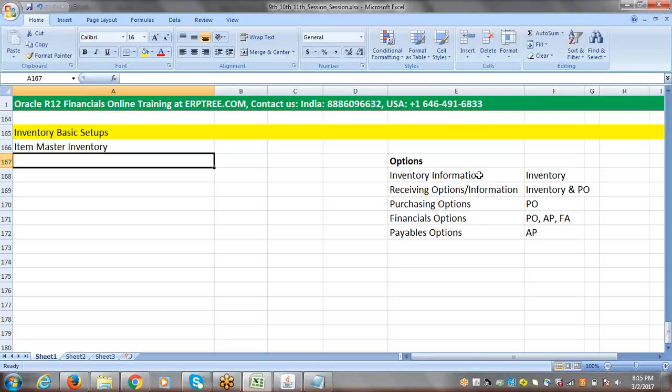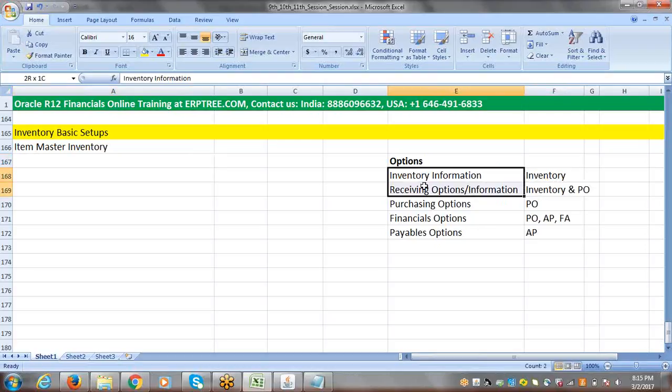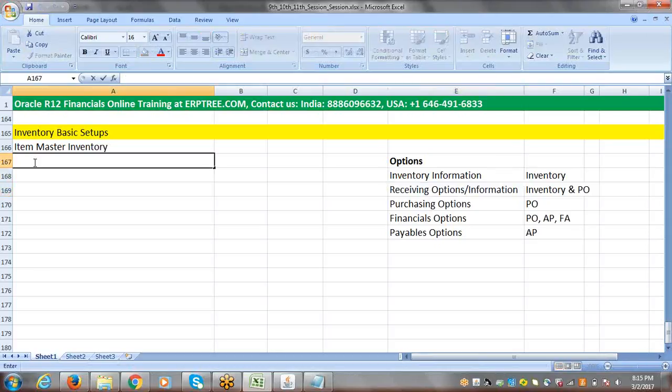You can see here, inventory. That means these two options are connected with inventory. This inventory information is only for inventory, but receiving options is for inventory as well as PO. So that is the reason for item master inventory, you have to set these two options. So for item master inventory, you have to set up inventory information,